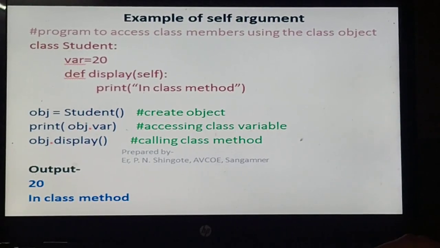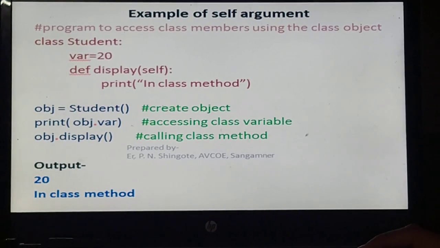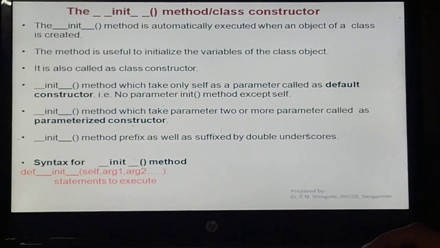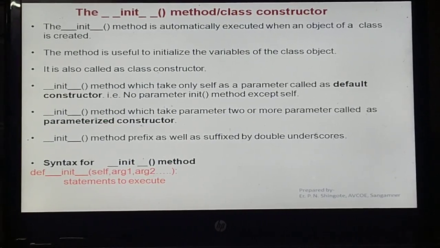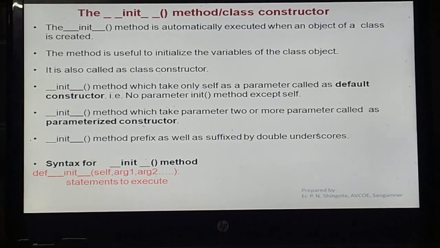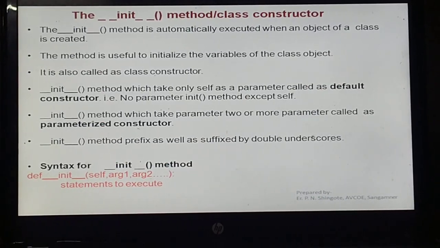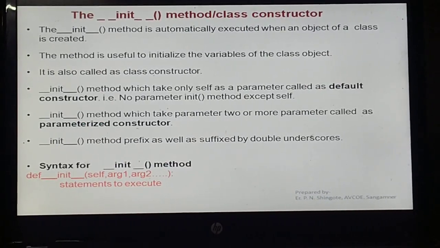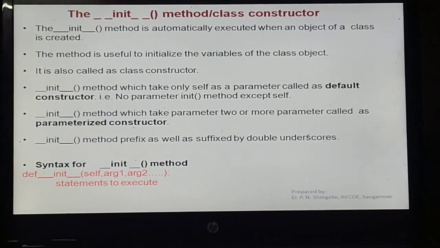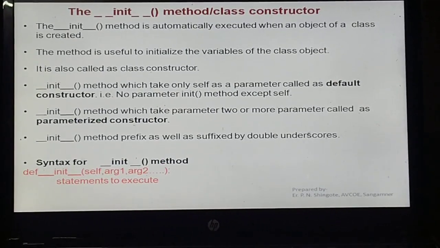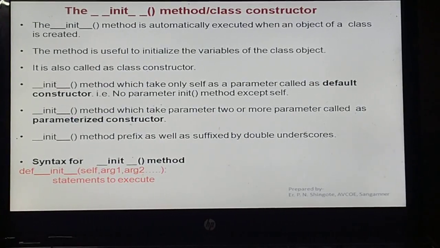I am going to teach you the difference between the self parameter and the null parameter or no parameter. Okay. So now let's discuss the init method, which is also known as the class constructor. This is a very important concept of object oriented programming. Init is a reserved method in Python classes. It is also known as the constructor in object oriented concepts. This method is called when an object is created from the class and it allows a class to initiate the attributes of a class.